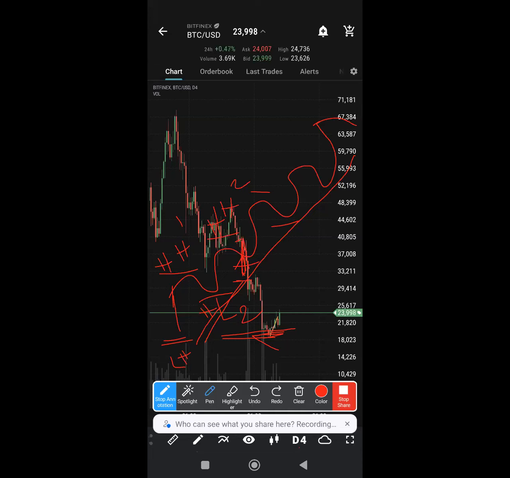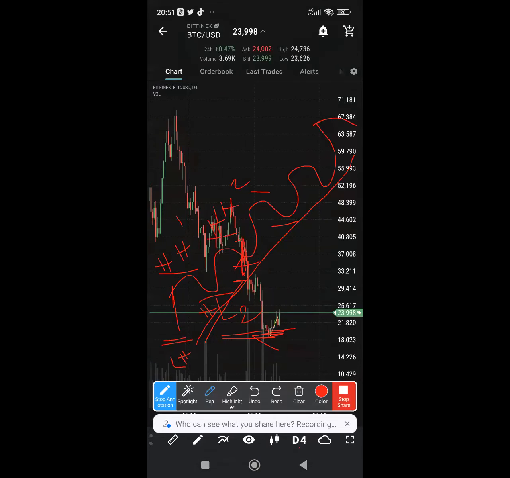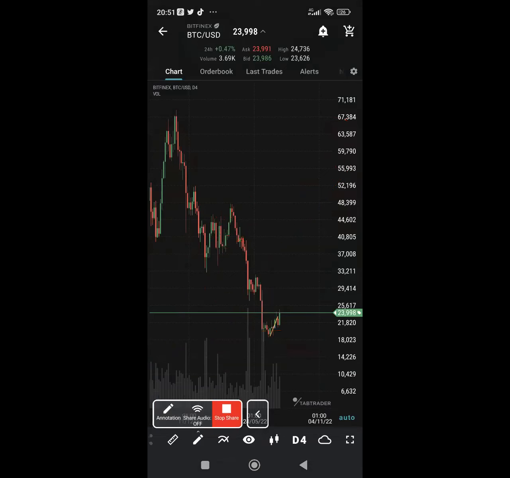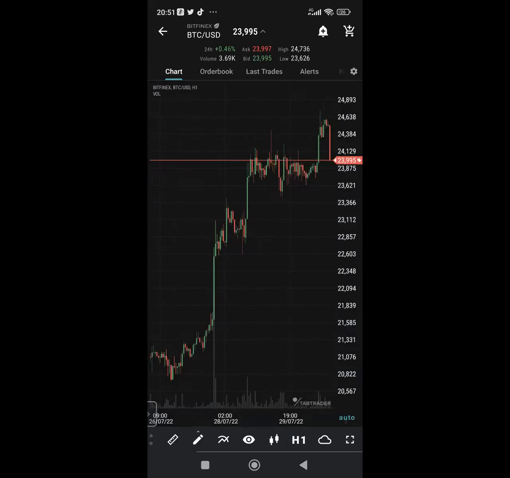So these things, you need to practice it very well. Practice it over the weekend. Yeah, then spot it out. When you practice it over the weekend, spot out those trends, then tell me what you see. If it's difficult for you, we'll look into it again, then see how it goes.